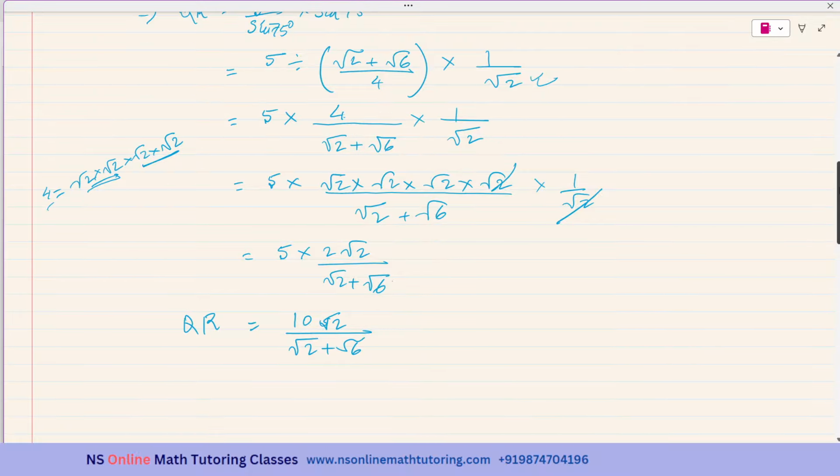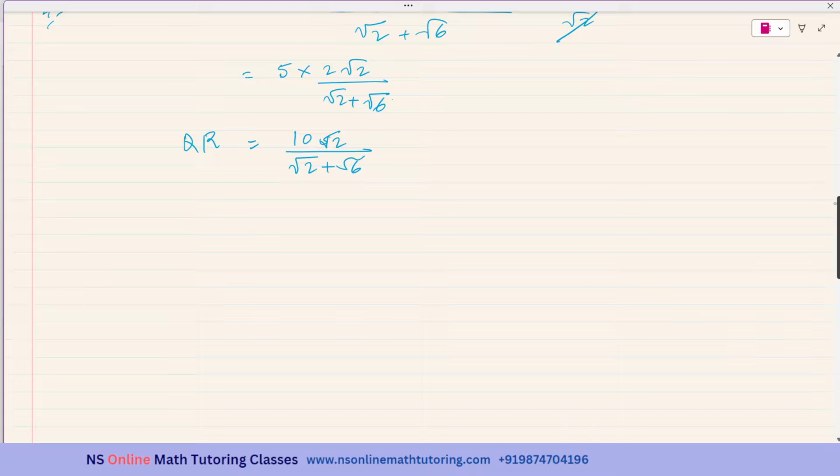Now, in case you want to rationalize the denominator, let me rewrite this in this form. In the denominator, I am writing this as root 6 plus root 2, because root 6 is more than root 2. I am writing this first. Okay, why, you will be seeing just now, because I will be multiplying both the numerator and the denominator. Again, I am changing the way the fraction is written. Okay, so I am multiplying both the numerator and the denominator by root 6 minus root 2. Okay,